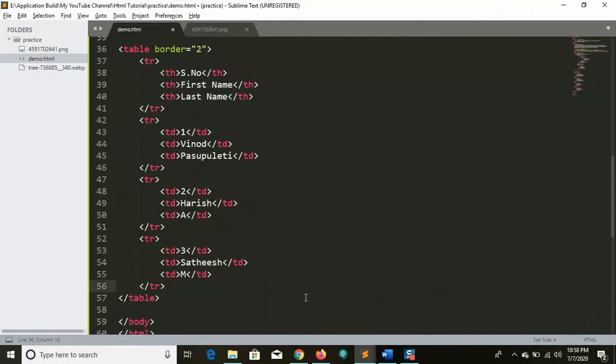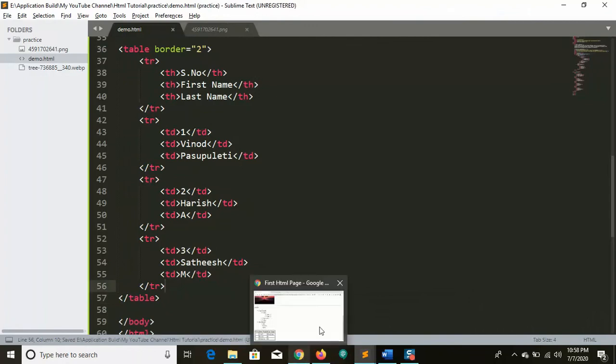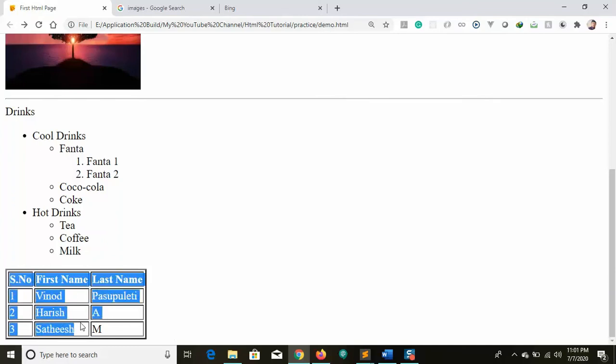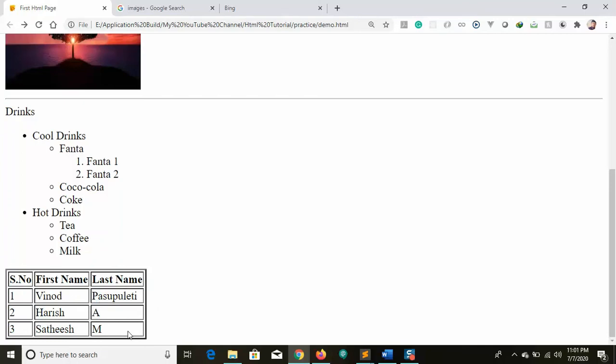If you go with some advanced usage, some records will be shown. If you go with the advanced, you need to show the reports by using the table. If you consider a student, we need to have some information, right? Student roll number, name, first name and last name, and should have his details. Generally a table is used for showing report type things. If you go with the advanced level, you will know.